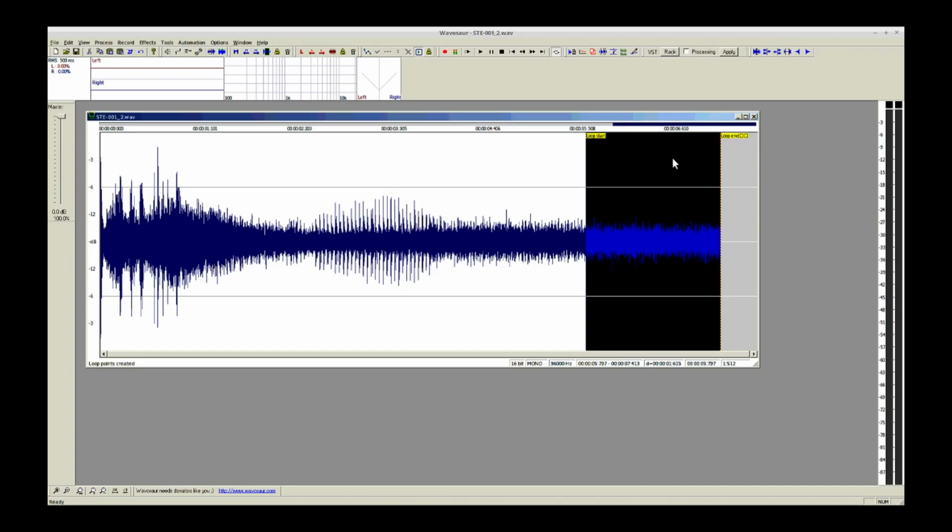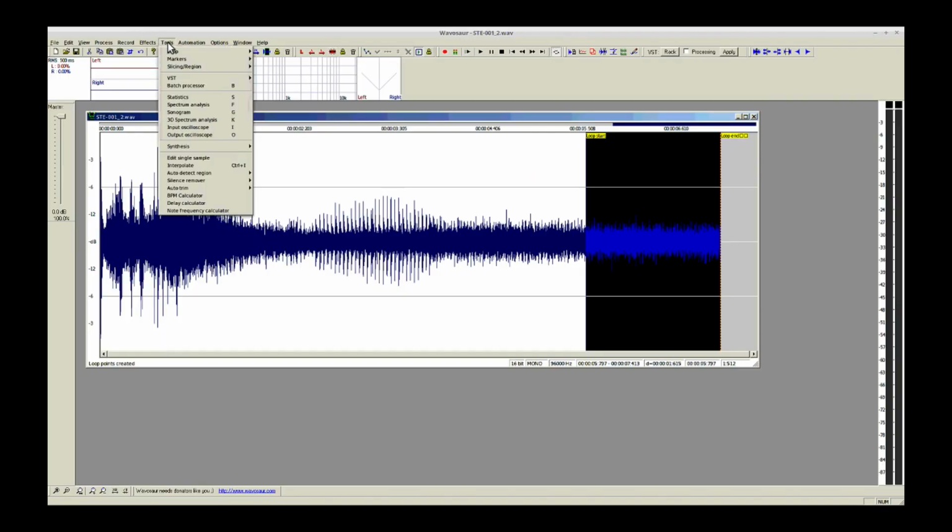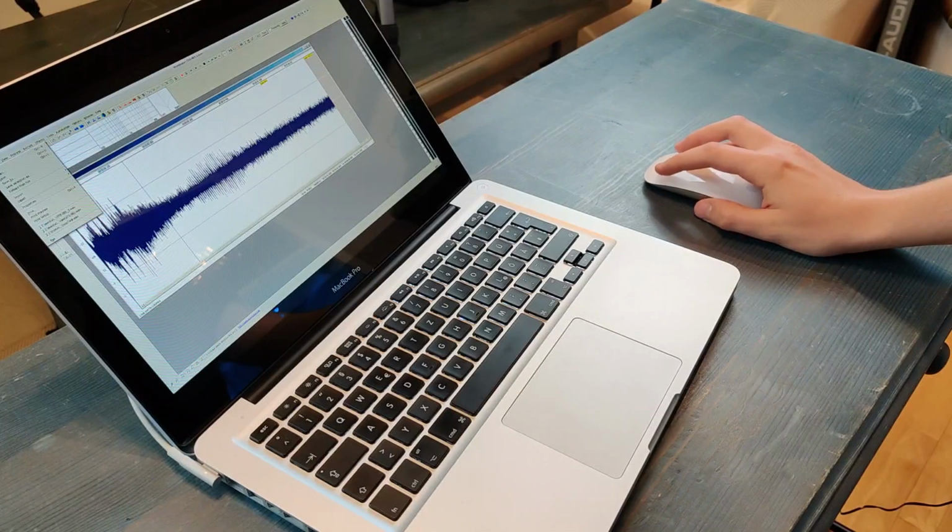By the way, there is no reason to keep the audio behind the loop end, because the Blofeld would never play this. So I'm fine with that. If you have the problem that the loop sounds weird, or it would jump extremely when going from the end to the beginning again, you can select Tools, Loop, and Crossfade Loop, which would crossfade the end of your loop with the beginning. Now we can store our WAV file again, File,